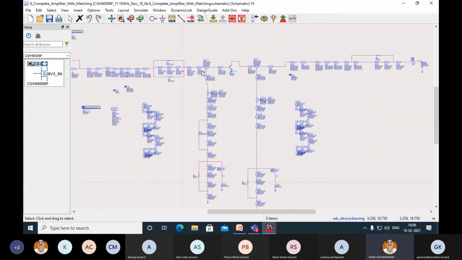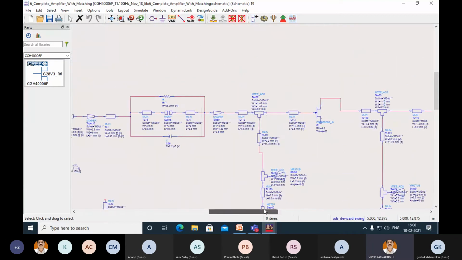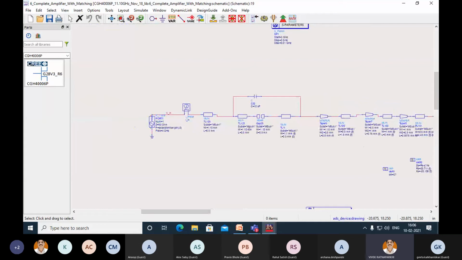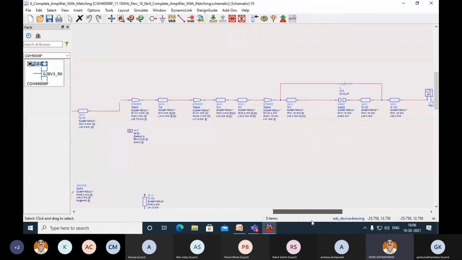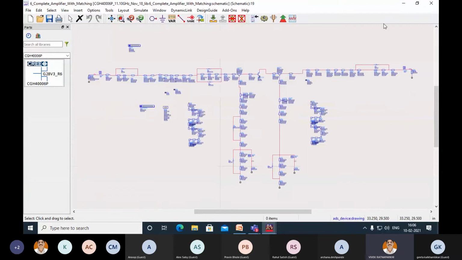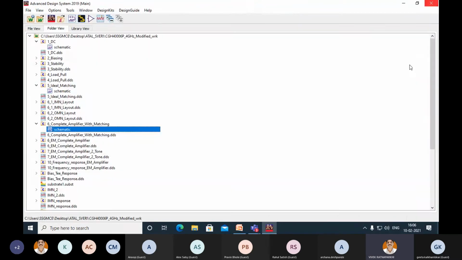This is gate bias, drain bias. This is the input side. You keep scrolling. Again, stabilization network, then IMN, and then coupling capacitor. For that I have also created slots, and then the input port. Similarly, the output side: output matching network, coupling capacitor and load. So once you have completed your schematic, the complete power amplifier schematic, you can generate its layout, and before that you